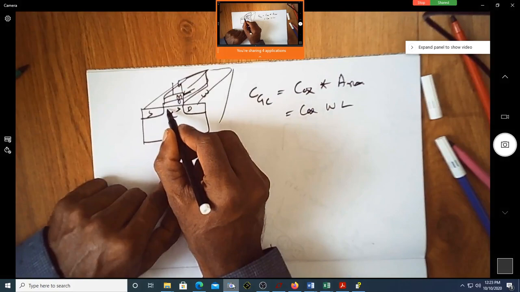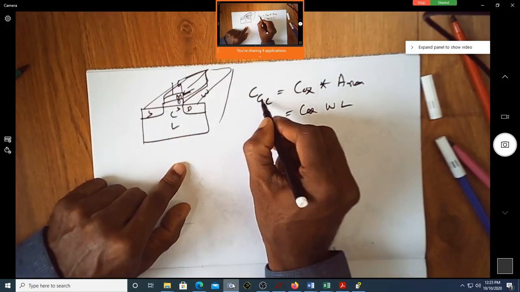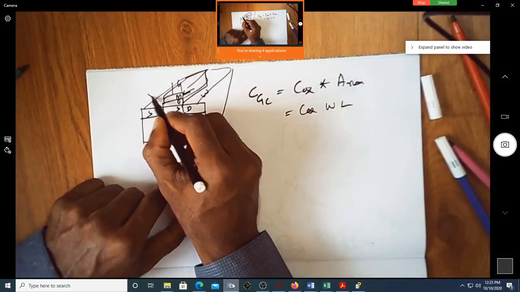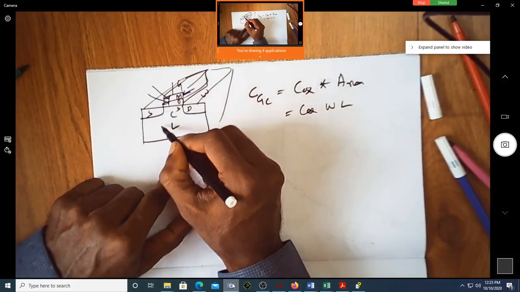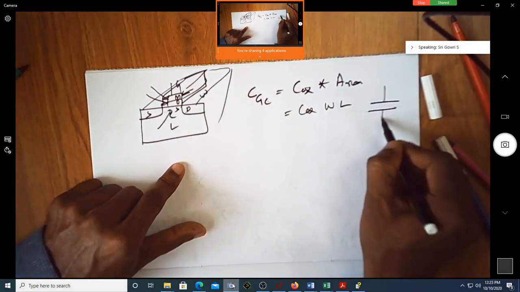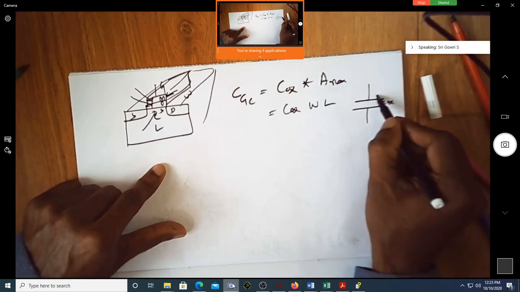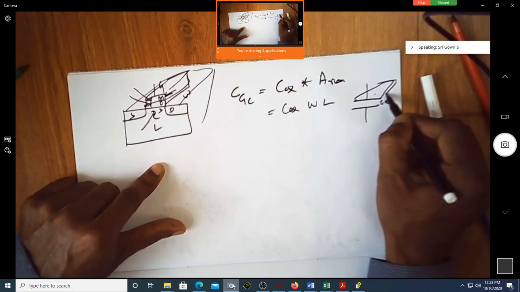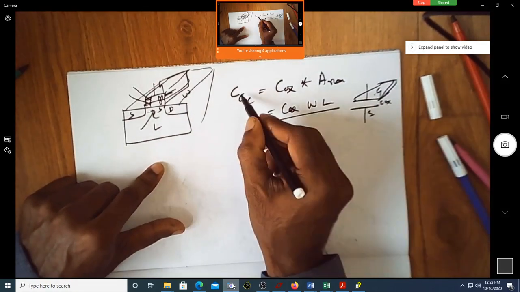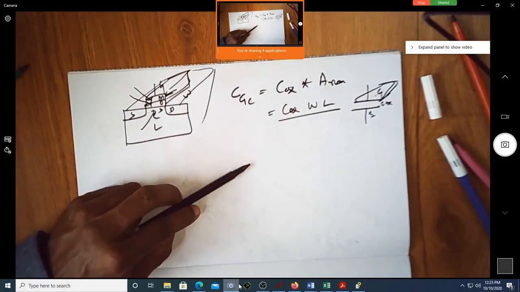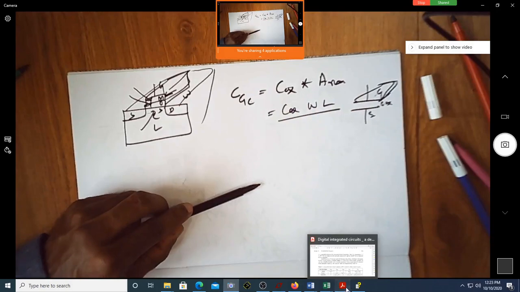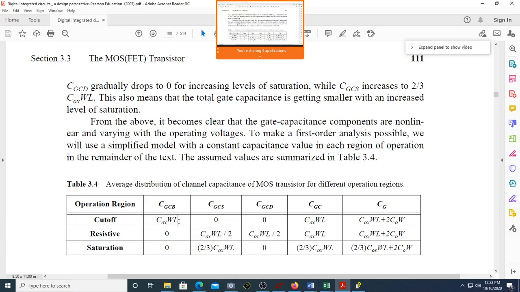Even though there is no channel formed, I am going to have gate to channel capacitance. Because physically you have this oxide, physically you have this metal gate, physically you have this semiconductor. Is it like having something like this? This is Cox and this is the gate, and this is your semiconductor. So because of this, I have this as gate to channel capacitance. That's what is being written here. Whereas what is this area? It is W into L. So that's what is mentioned here as Cox W into L.